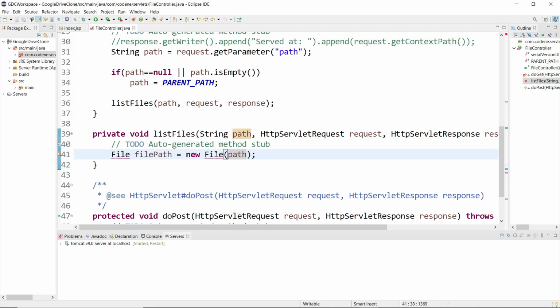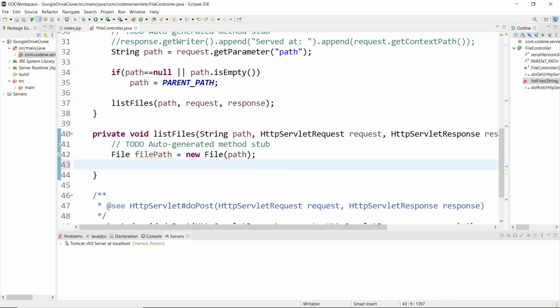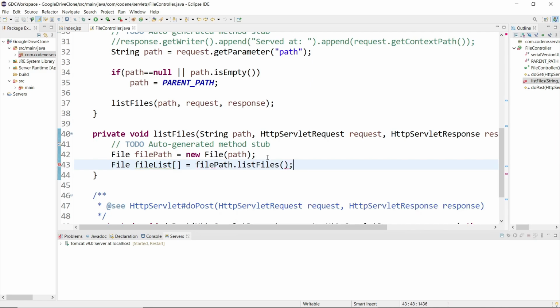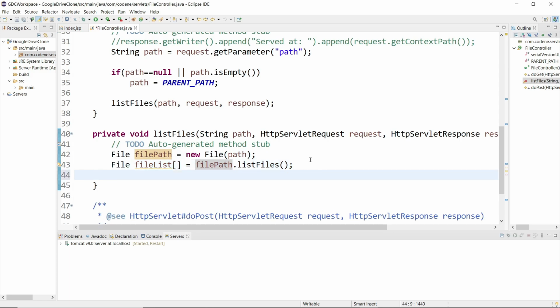Just import this as well. Then we need a file list, which will be one array, filePath.listFiles. This will return an array of files inside this file path folder. Right now you can assume it will be our parent folder.